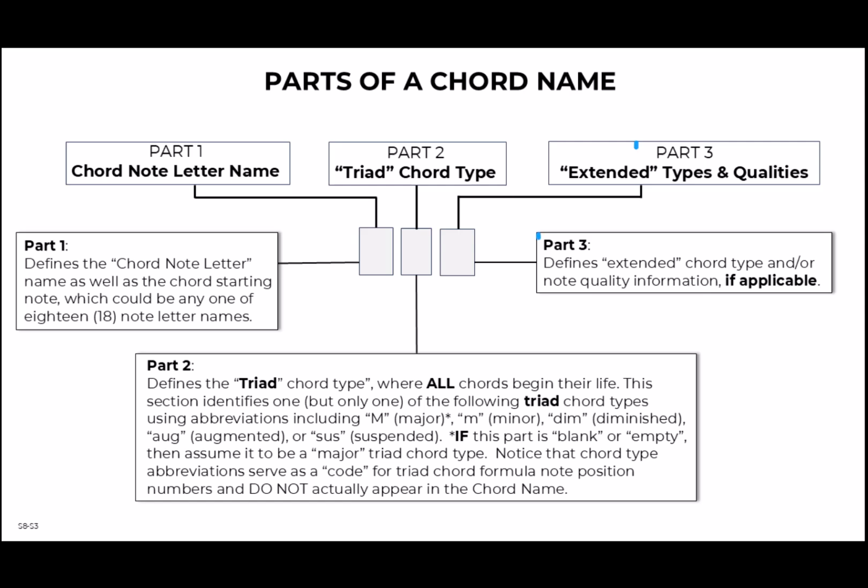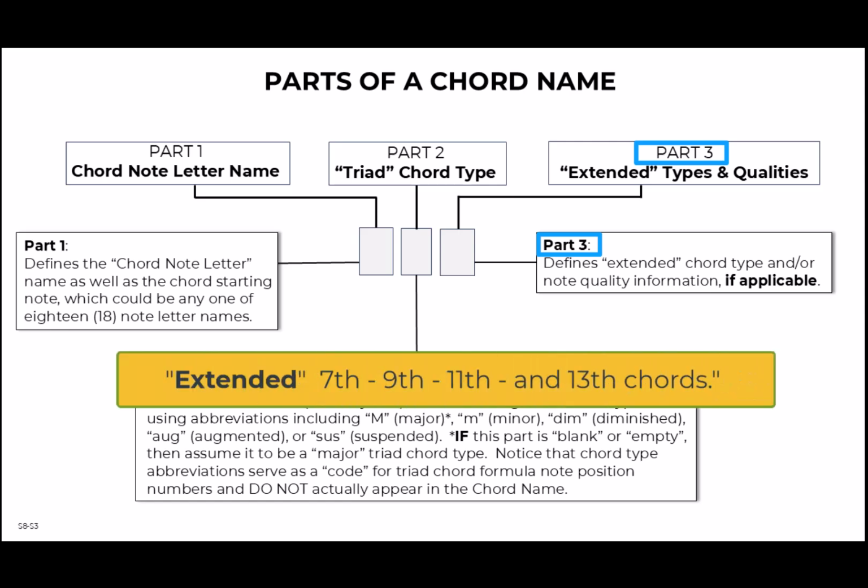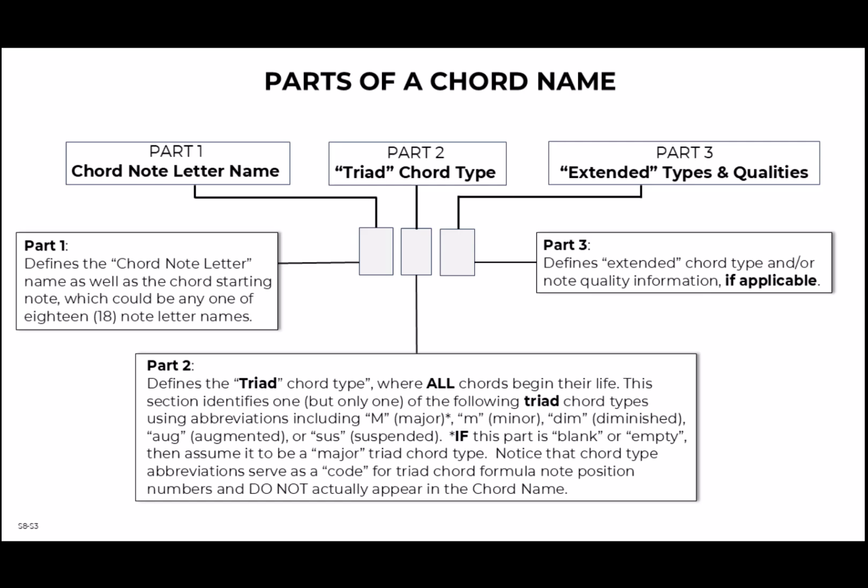In Part 3, this third section of any chord name is beyond and to the right of the triad chord type section, and contains information that is related to the extended chord types of 7, 9, 11, and 13th chords, including any other chord quality information if applicable. So for chord names that include numbers and or flat or sharp symbols, this is the section where they will